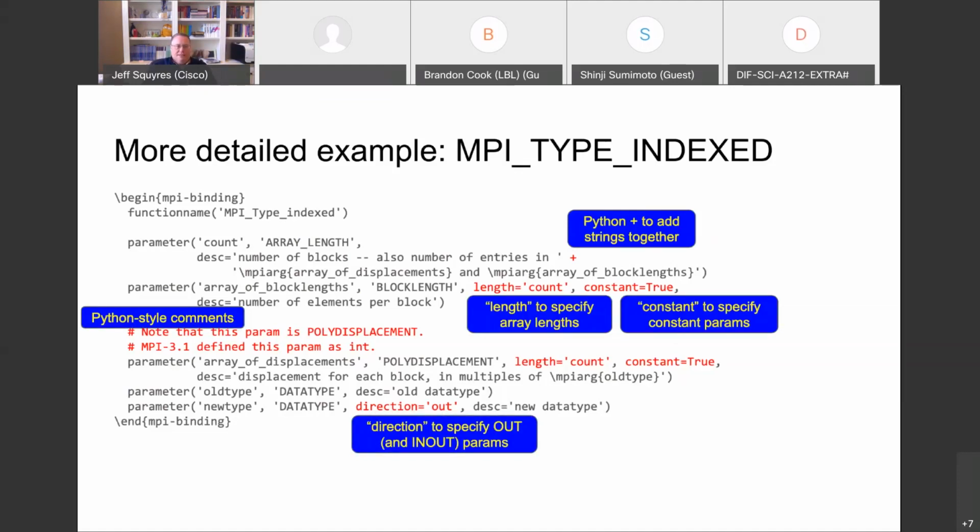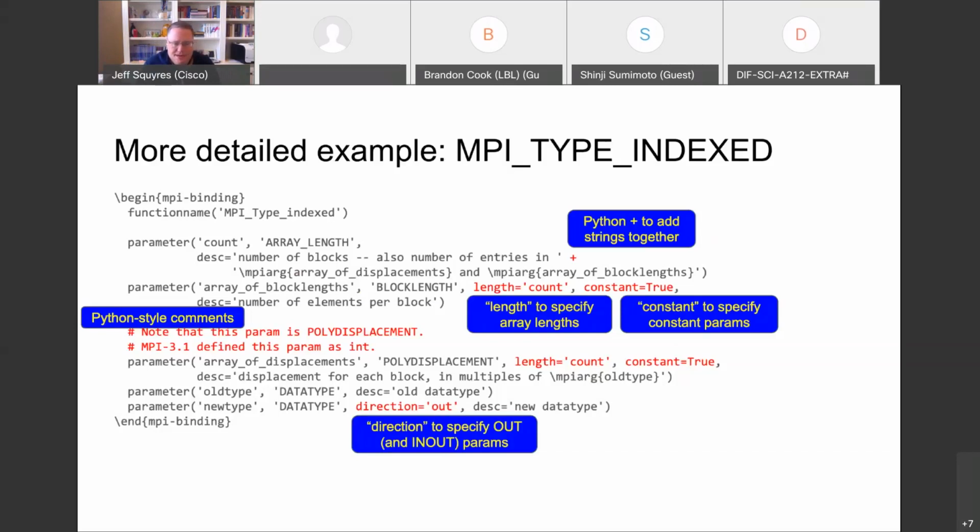Array of block lengths is actually an array, right? And so we actually tell the Python here how long that array is. Well, it's of length count, and count is a different parameter, right? It's also constant because it's an in parameter, and when we render it in C, it's const int and so on, right? We can also put comments in here, right?